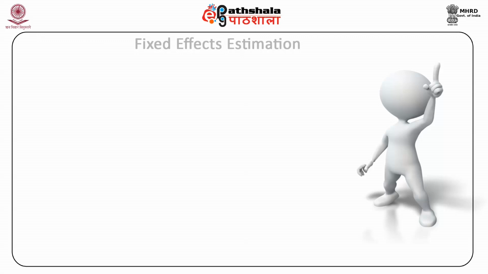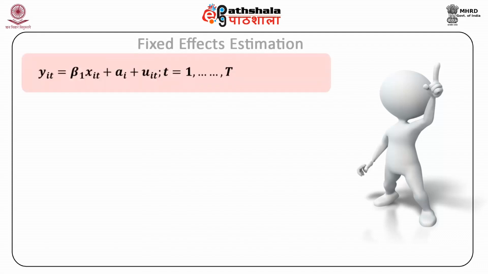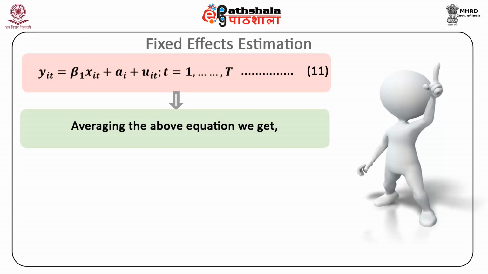Consider a model with a single explanatory variable. For each i, we can write y_it = beta_1 x_it + alpha_i + u_it, where t = 1 to T. This could be written as our 11th equation. Averaging the above equation for each i, we get